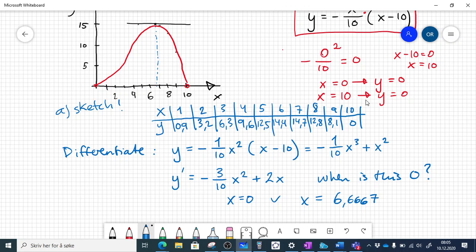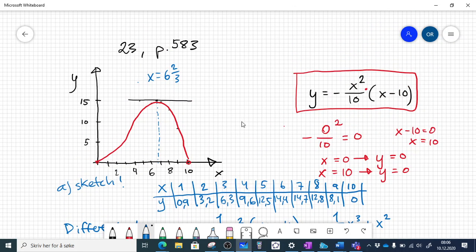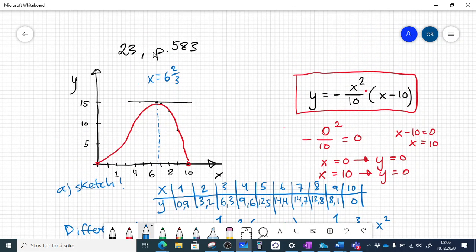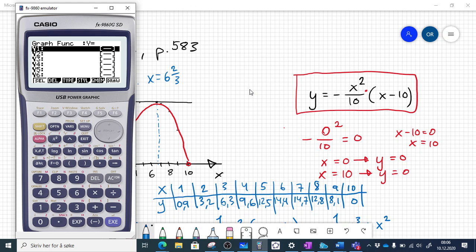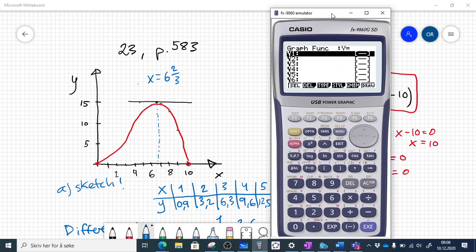So we're on exam question 23 on page 583. And if you want to draw this curve on the calculator, we can start by entering, we can just write it exactly as it says, more or less, minus